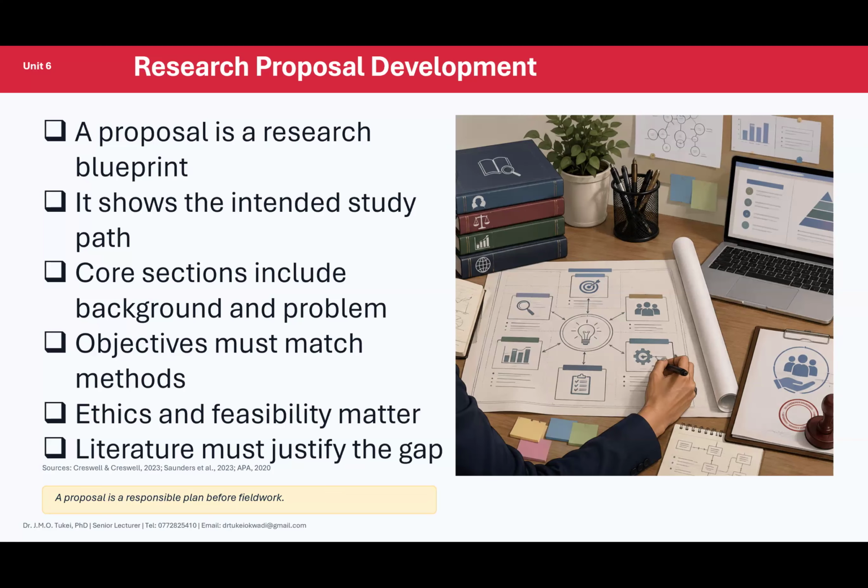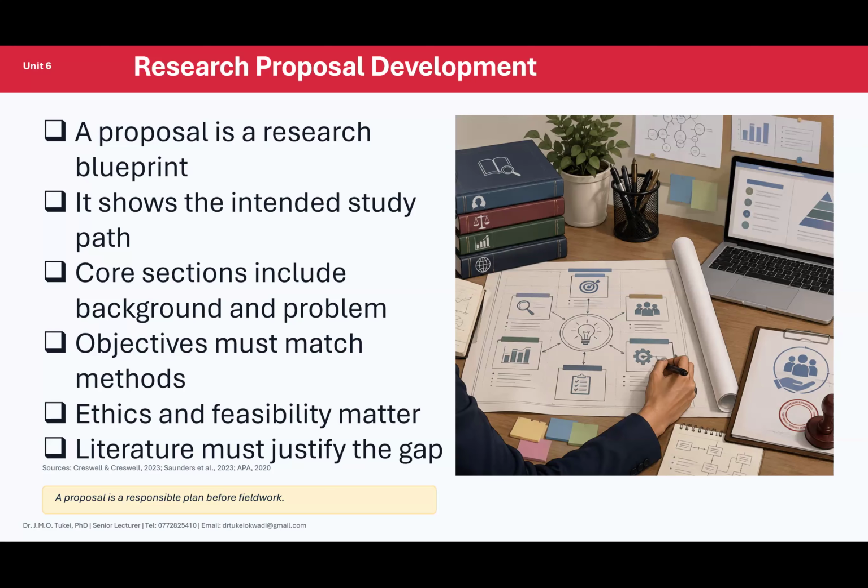Colleagues, a proposal is not primarily a formality. No. It is a main opportunity to prevent expensive mistakes before data collection. Very key and very important. We're coming towards the end of this. I want to give you an example. A proposal on digital health records should explain the service problem, clarify variables, identify users and facility, justify the design, protect the patient information, and show a realistic work plan.